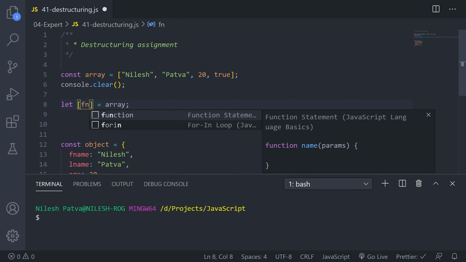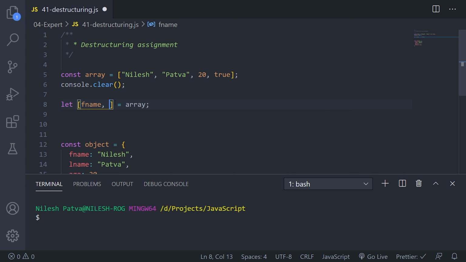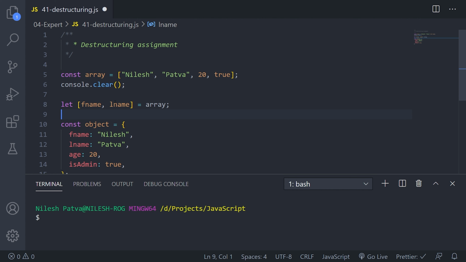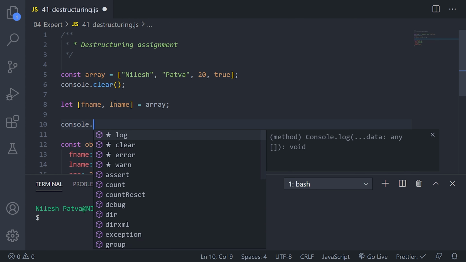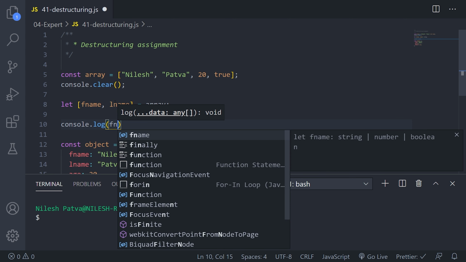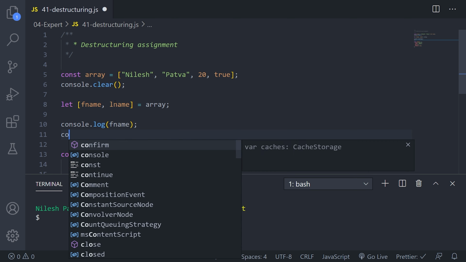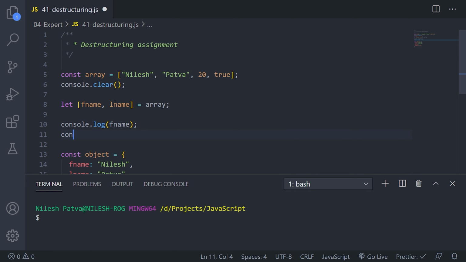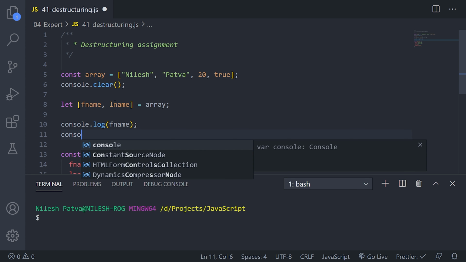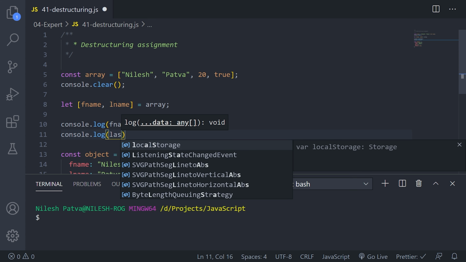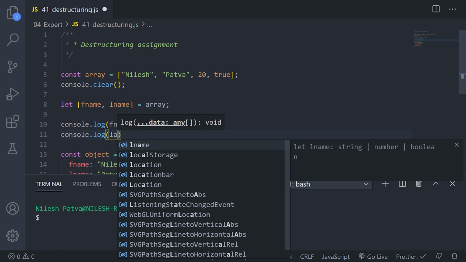If I write f name here, then I can write l name. And if I save this, then let me just console log this. console.log first name, and on the other line, console.log l name.